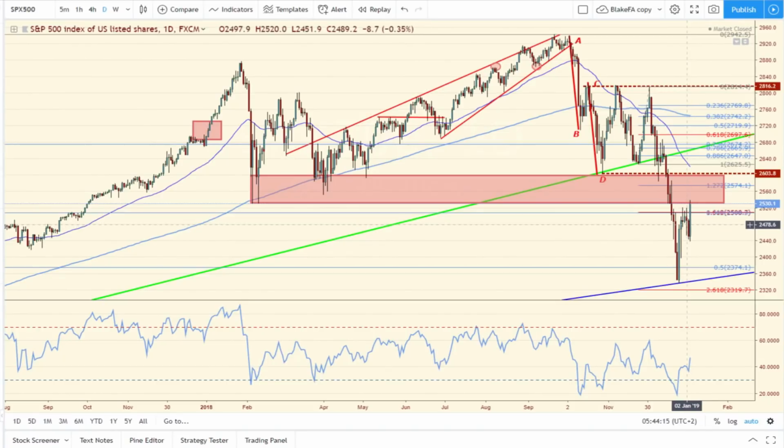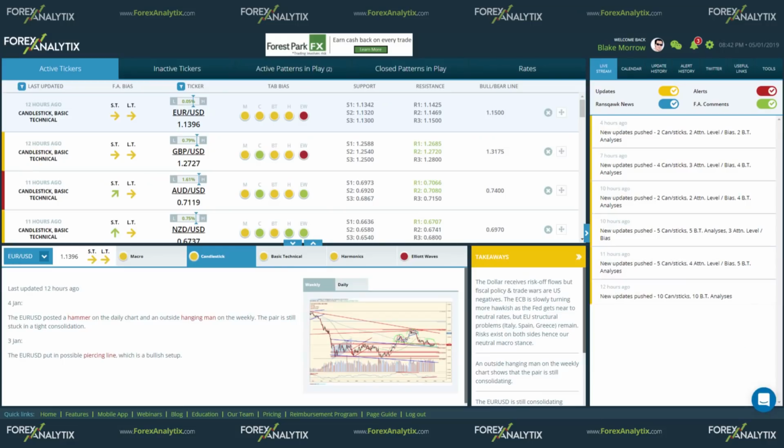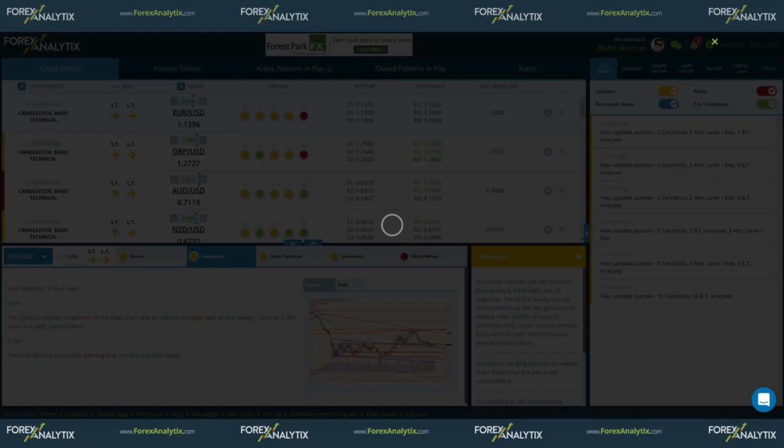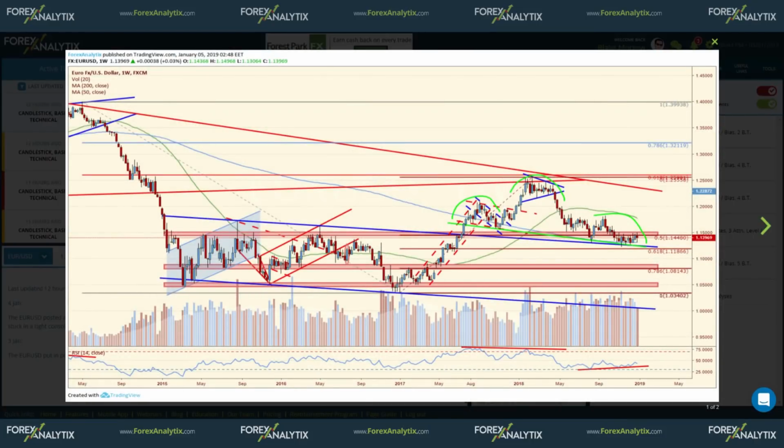When you have a bounce in risk, typically what that's going to mean in the FX market is that you're going to have a sell-off in the dollar, or you're going to have strengthening crosses like the euro, the pound, the Aussie, the Kiwi, that type of thing. So I wanted to show you some of these candlestick patterns that developed this week, and most of you probably have seen them all, or at least have an idea where I'm going with this. But the euro is a little bit of a wild card here,